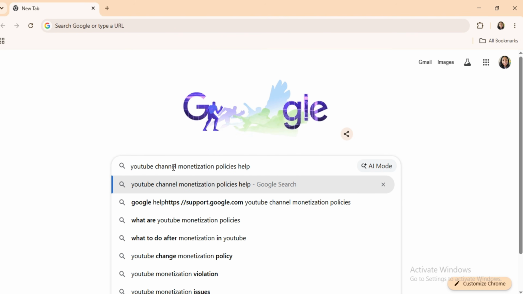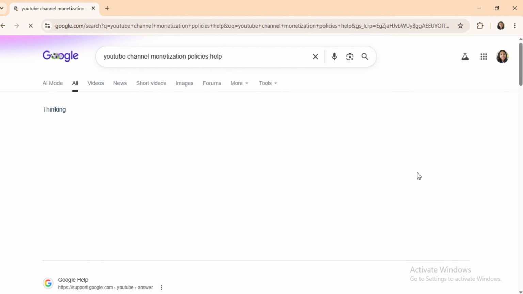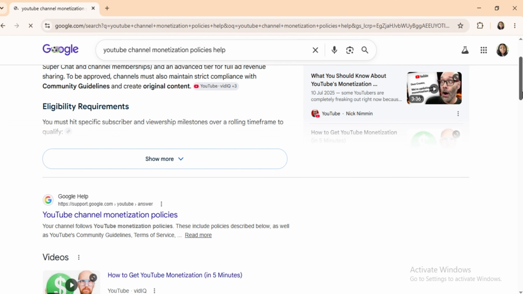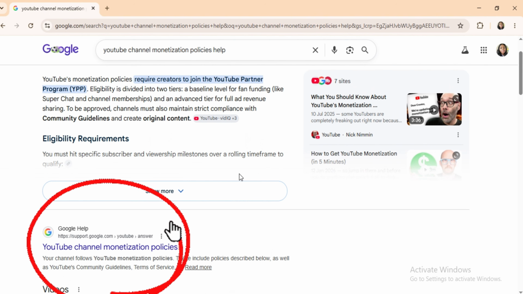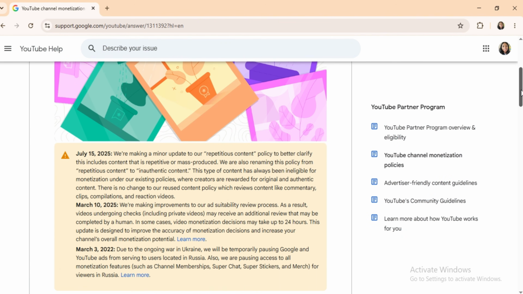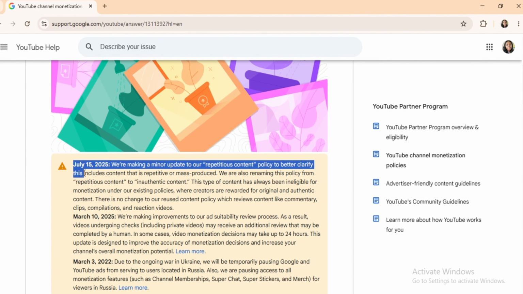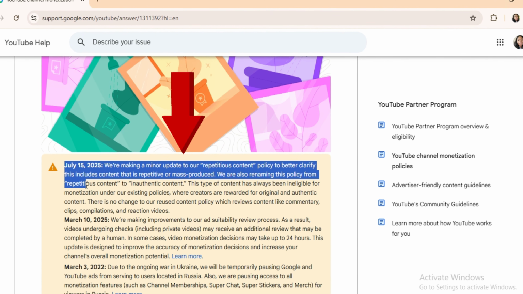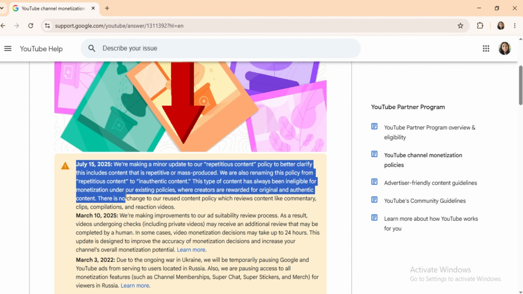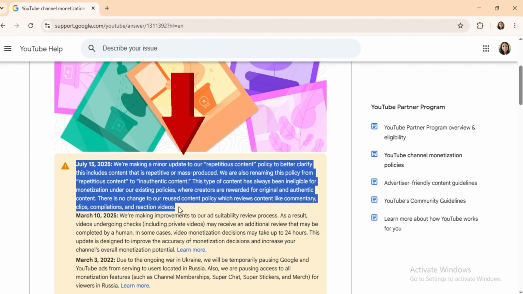Let's find the official policy together. Open your browser, search for YouTube Channel Monetization Help, and click on the official Google link. As you can see right here, on July 15, 2025, YouTube updated its guidelines by officially renaming repetitious content to inauthentic content.